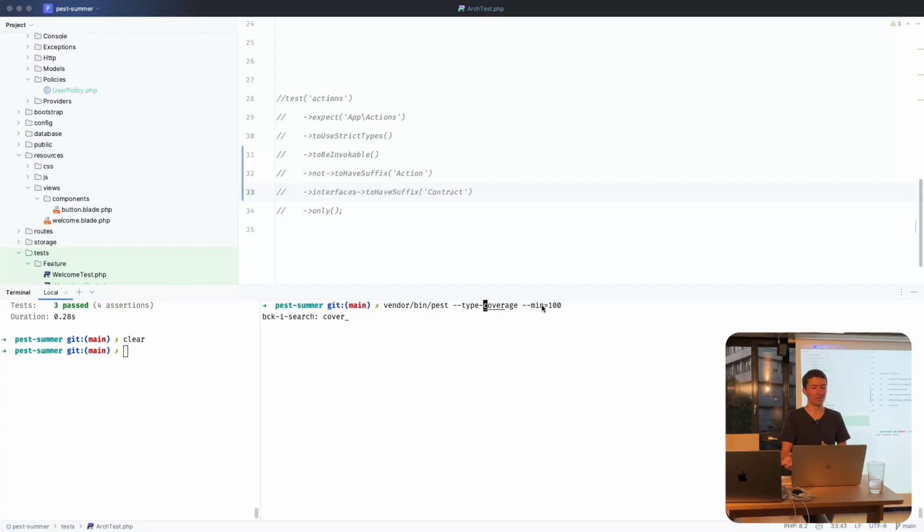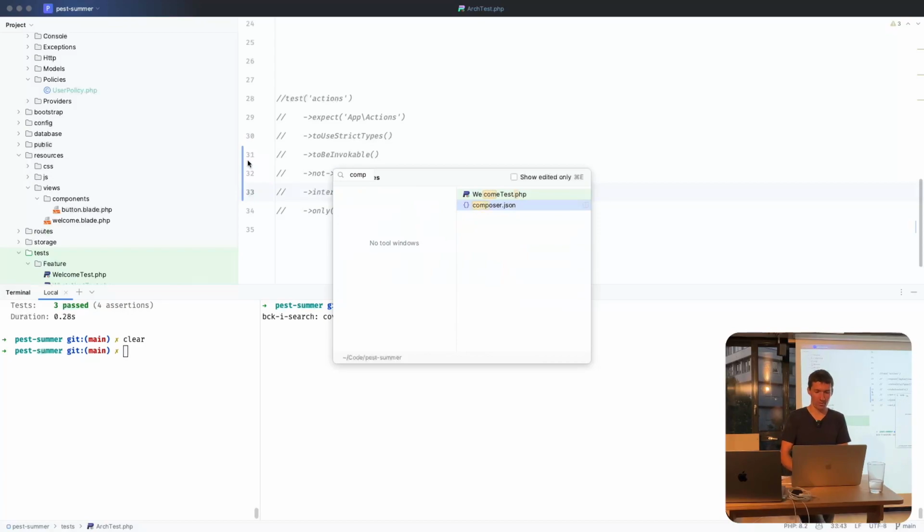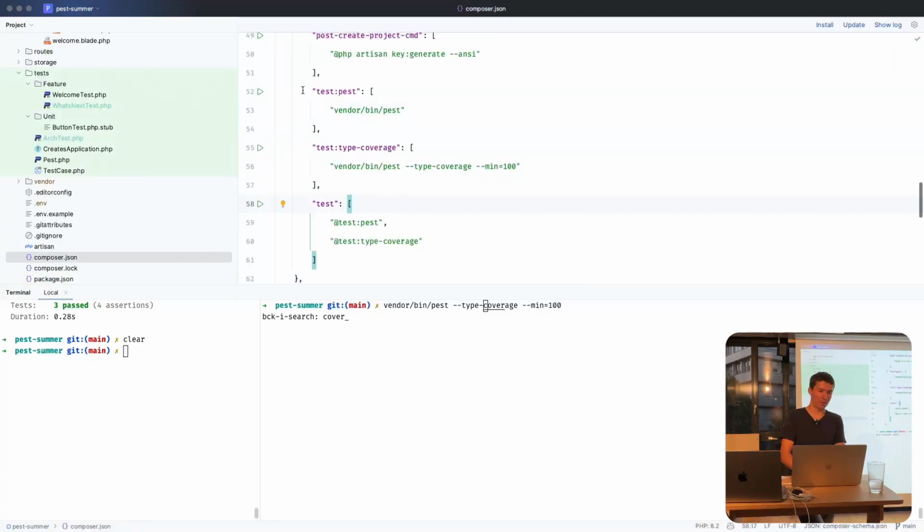With all these additions, it's more and more complex to run the tests in the console. So I'm normally going to create scripts in my composer JSON file, like this test type coverage, where I can put the right